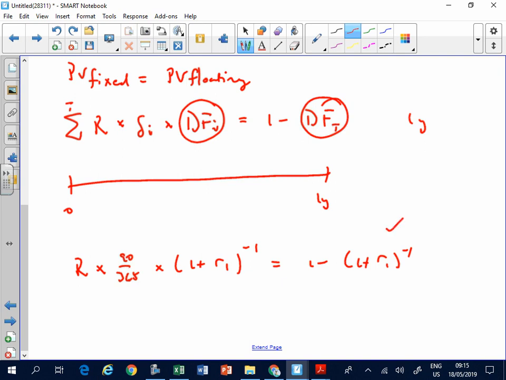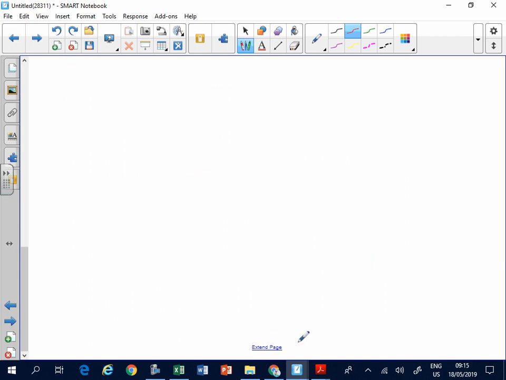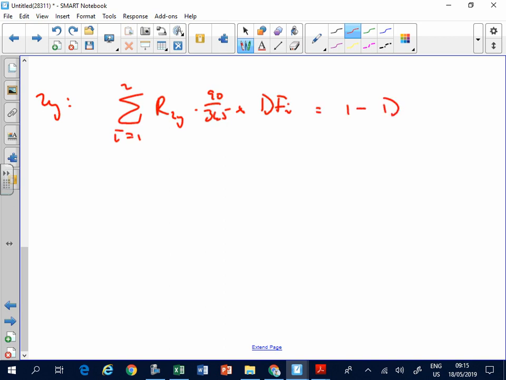Fantastic. For a 2 year swap, it's a sum, whatever the 2 year swap rate was, times say 90 over 365, times the discount factor, right? So this is the sum for i equal 1 to 2, which must equal 1 minus df2. Write this out, right? This is going to be the 2 year swap rate, so this will be R 2 year times 90 over 365 times 1 plus R1 plus